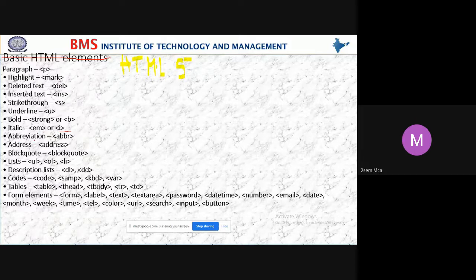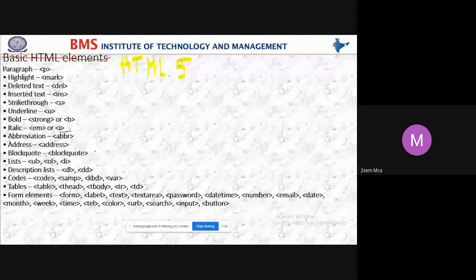Suppose you want to use abbreviations of any information, we have a tag, that is ABBR. Address tag, that is ADDRESS. Block quotes: if you want to display a block quote, for that also we have a tag, the blockquote tag. And this is most commonly used, that is list.